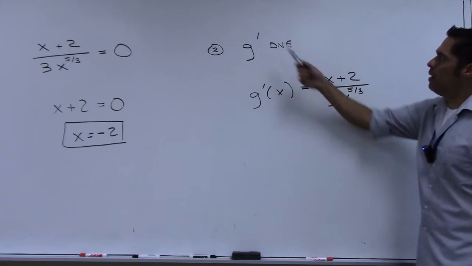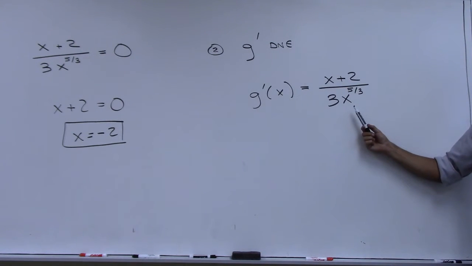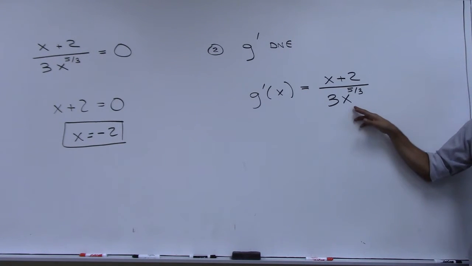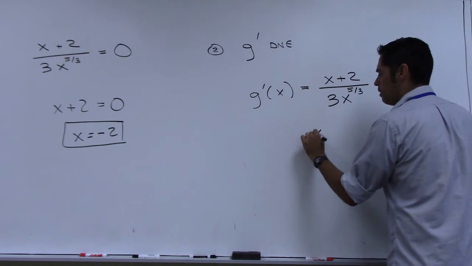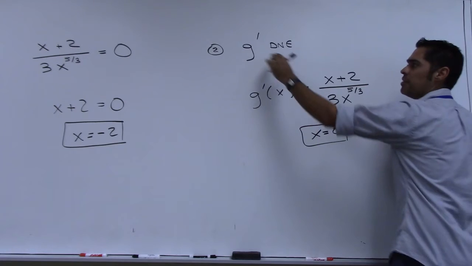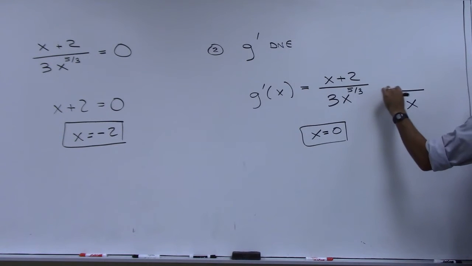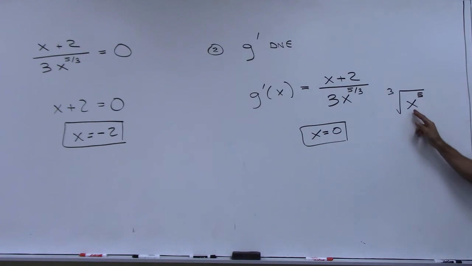And so if I'm saying, when does this derivative not exist, then I need to look for anything that's going to screw this derivative up. Which would be what? If the denominator is 0, which would be x is 0, right? If x is 0, there's a problem here. So if x is 0, this derivative does not exist. Now, remember also that this means the cube root of x to the 5th, right? I don't have any domain issues there, right? I can take cube roots of negative numbers. But if that had been square root, we would have to throw out all the negatives too, right? We'd have to worry about that? Okay, just want to make sure we're thinking that way.